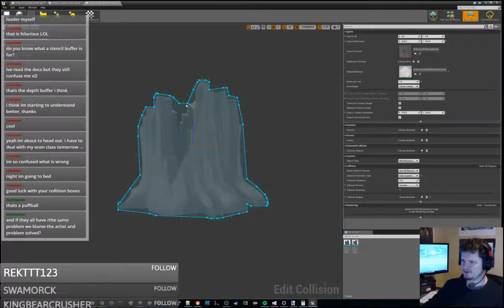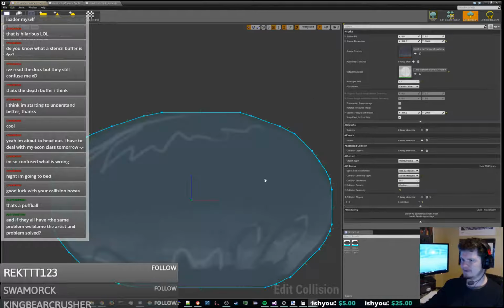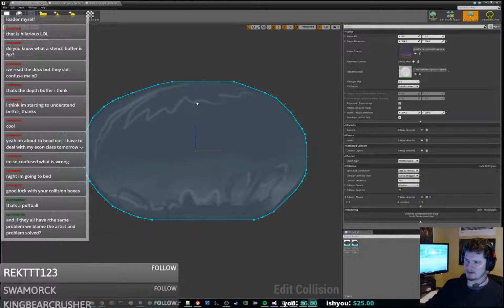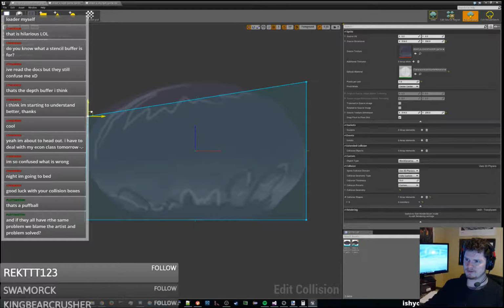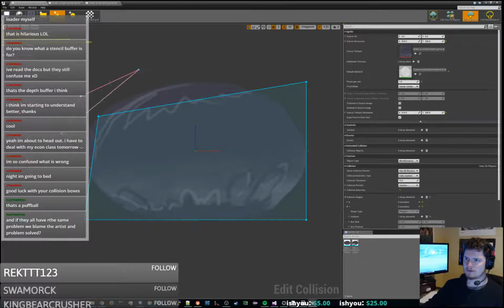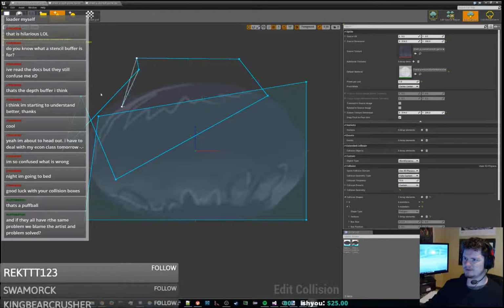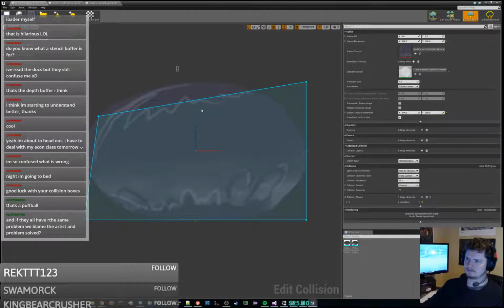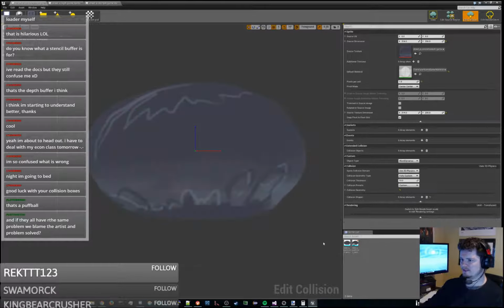So the question is, should we just go full custom? Basically when we edit one of these, we just say, okay, give me a tight bounding box. Or should I just do it myself, delete these and just add polygon and just